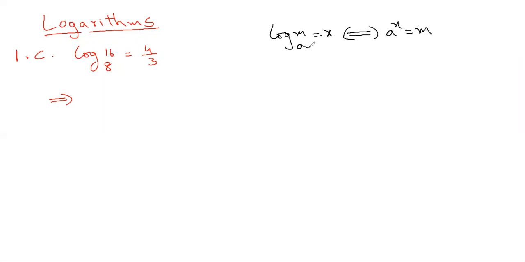So instead of remembering this as two formulas, one from log to exponential, and exponential to logarithm, I suggested to remember this as one formula in either way. What is that one method? You keep the base the same. You observe that the base is the same in both notations. As the base is the same, you write the base first when you're converting from one notation to another, and the one which is close to the base will move away from the base, and the one which is away from the base will come close to the base. So if you follow that, it will be easy.